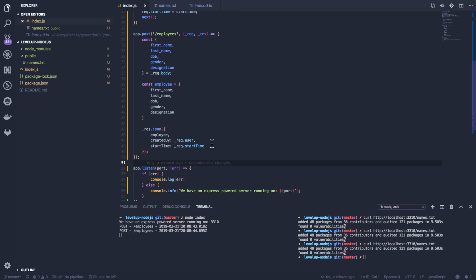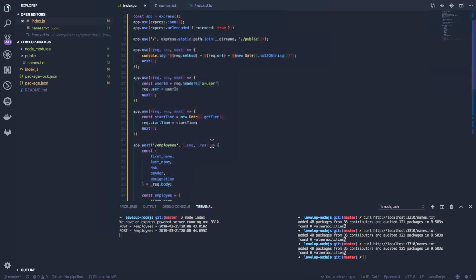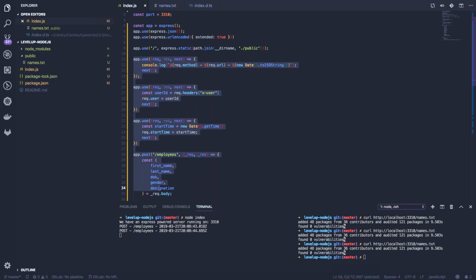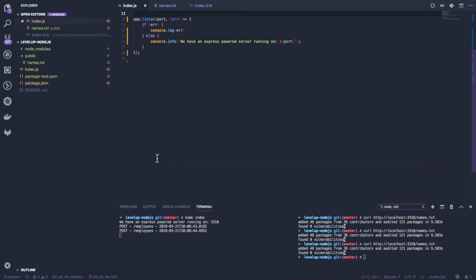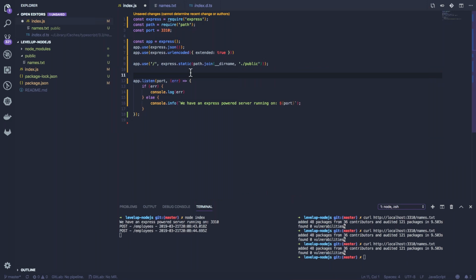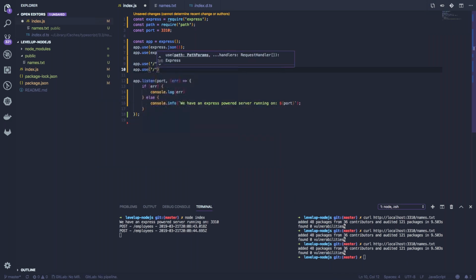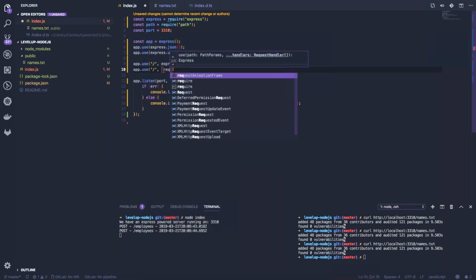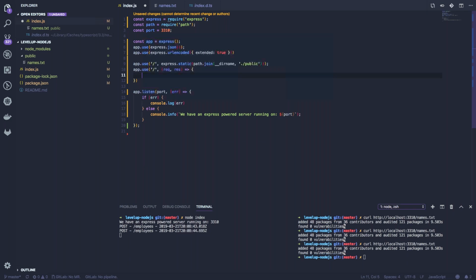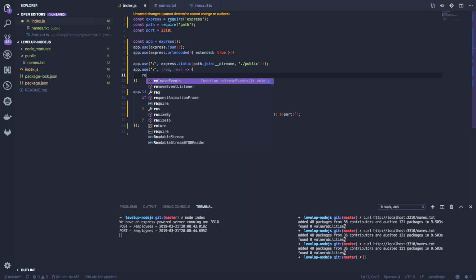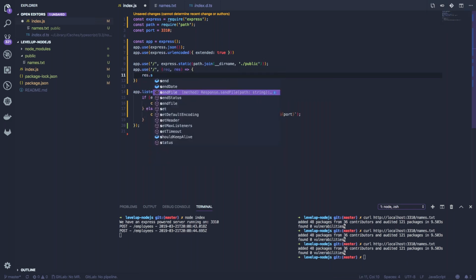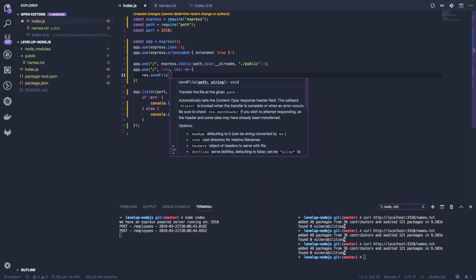Okay, let's get rid of all this code that we have written here. We don't need it anymore. We just used it to showcase some things. So now we're going to do something different. Anytime somebody hits our server, we want to load our website. So we simply say respond.sendFile, and we want to send